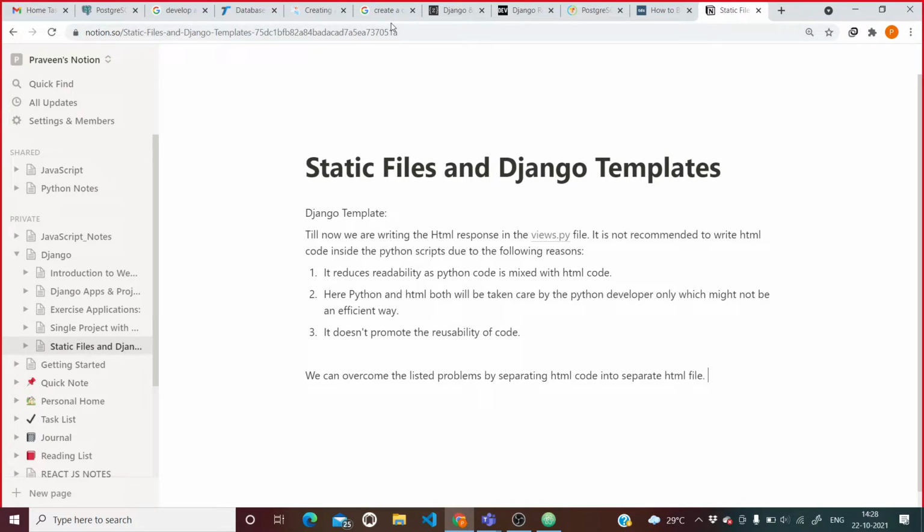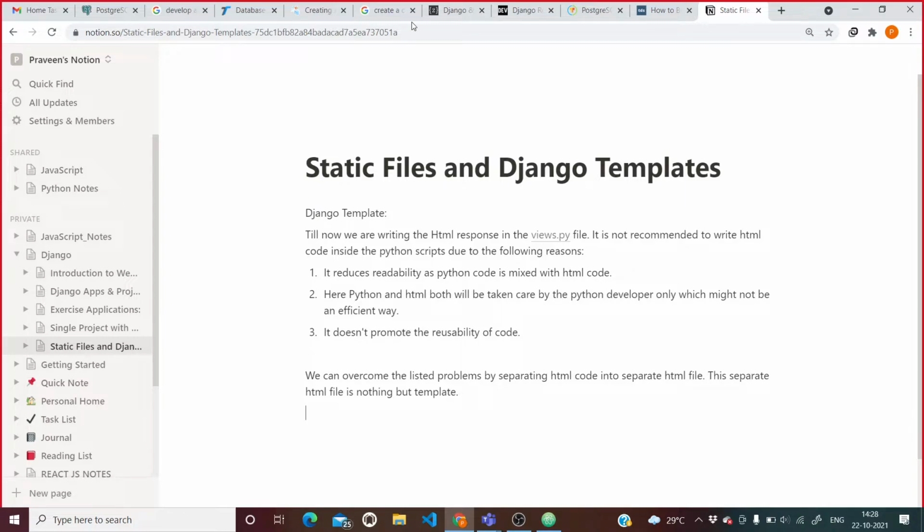This separate HTML file is nothing but a template, right?